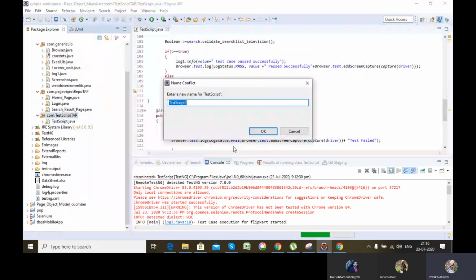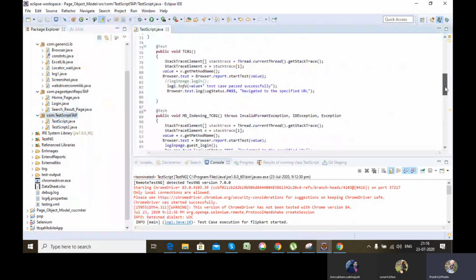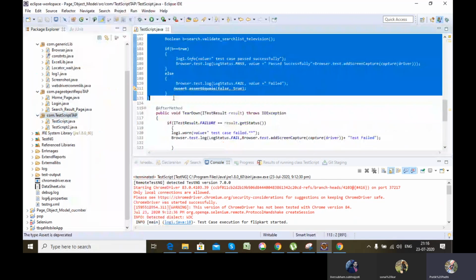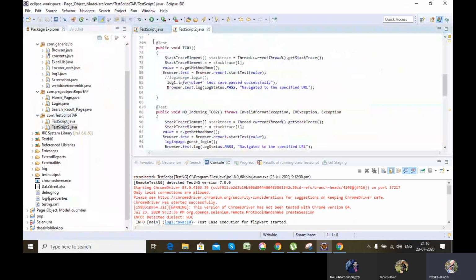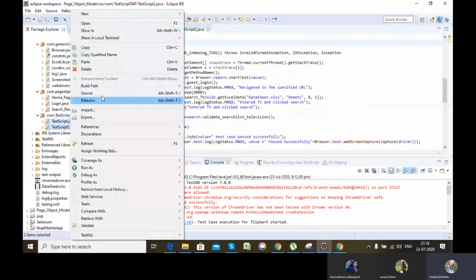In the first one I'm keeping the first test case which I have designed, and test case 2 I'm keeping in the second class. So I can create a TestNG suite for these TestNG classes, by converting to TestNG, finish.